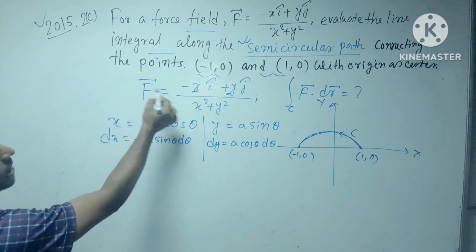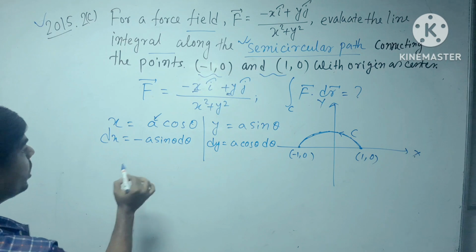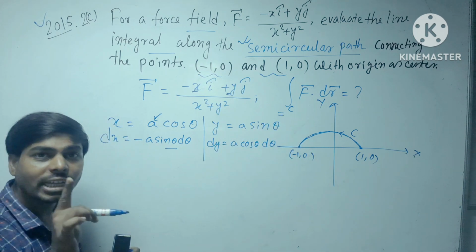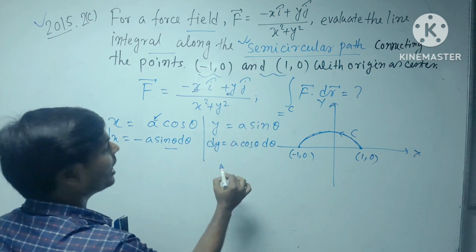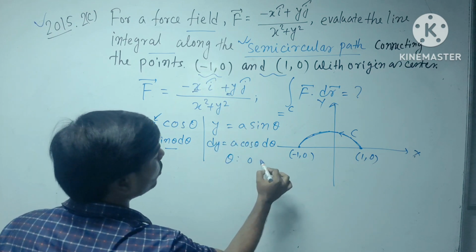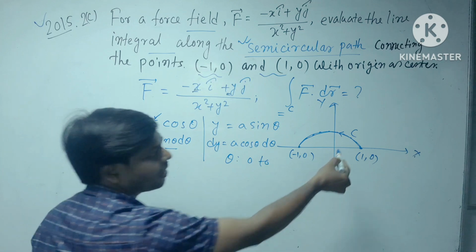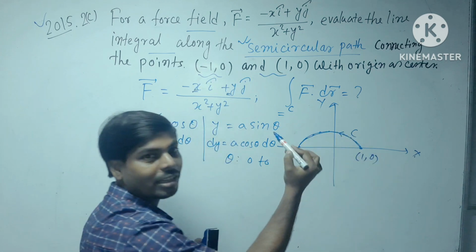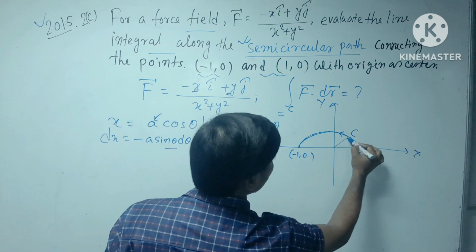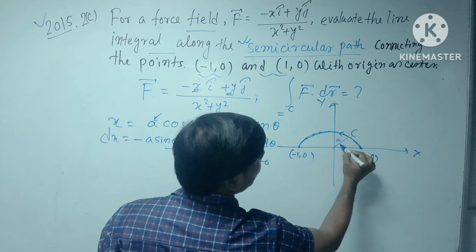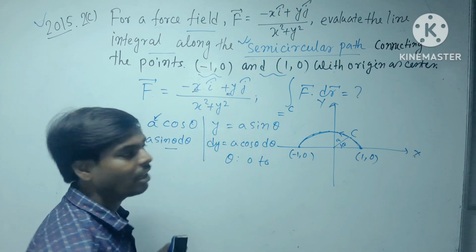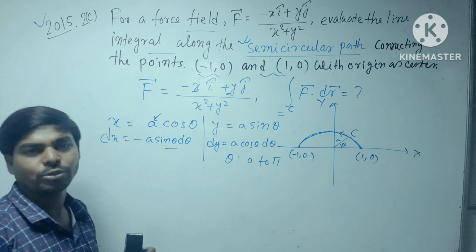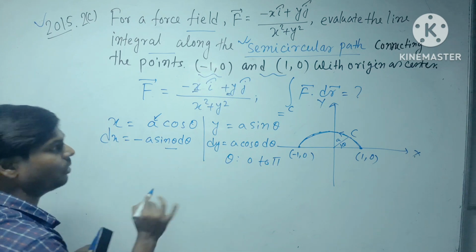ওকে, তাহলে জাস্ট ইন্টিগ্র্যান্ডে ওখানে বসিয়ে দাও। দেখো তাহলে থিটা এখন, right now the integration will be in terms of theta, থিটার রেসপেক্টে ইন্টিগ্রেশন হবে। তাহলে থিটার লিমিট কী হবে, 0 to pi, because it is a semi-circle, it is not a complete circle. So this is my basically a, and this is theta, right? So theta can vary from 0 to pi. So here in this problem 0 to pi, যদি সার্কুলার হতো এটাকে 0 to 2 pi করতাম।